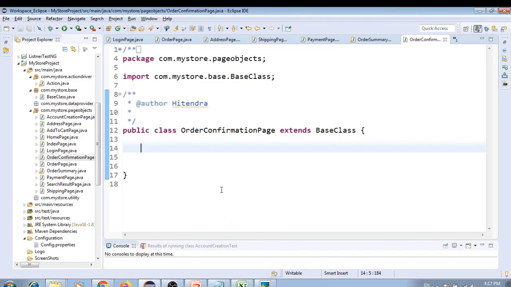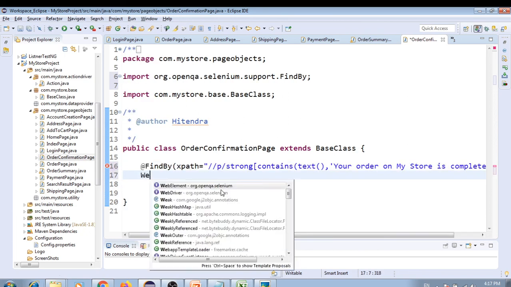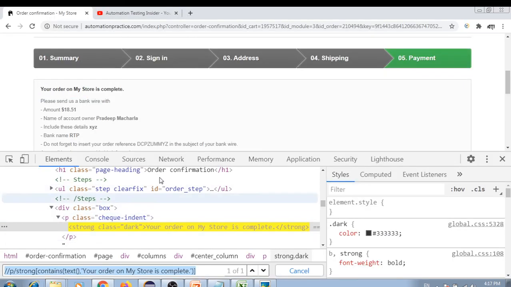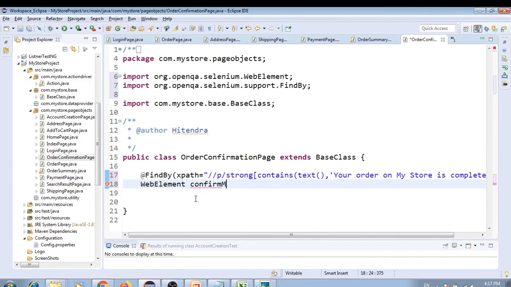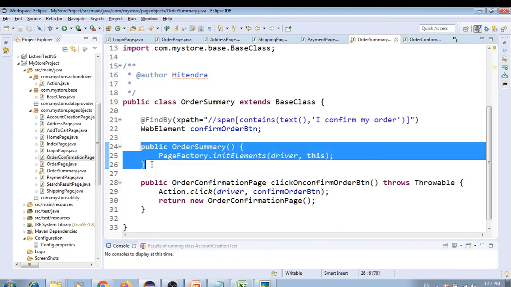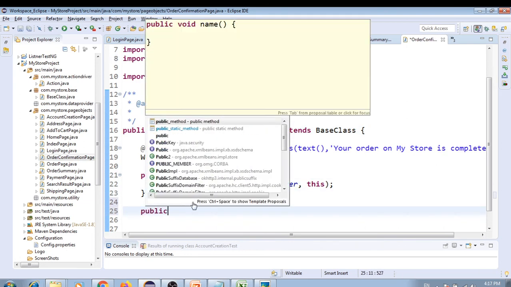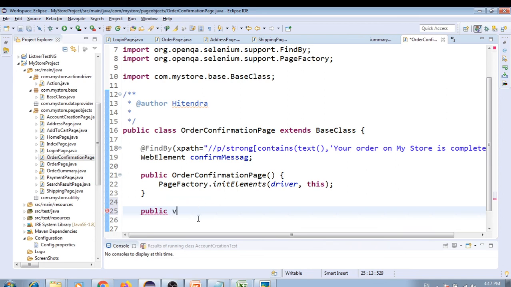Simply copy this XPath, write find by XPath, and this is my XPath, and we'll write web element. So we can write over here confirmMessage. We can write like this, confirm message, and simply we need a constructor for the last page as well to initialize this web element. So we can create the constructor like this, and simply we need to validate this confirm message. So public void validate confirm message, and simply,